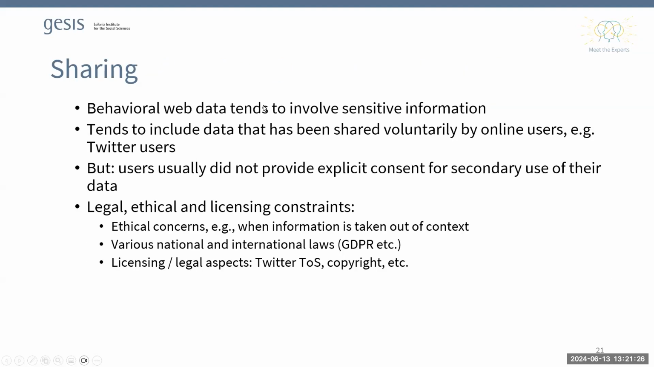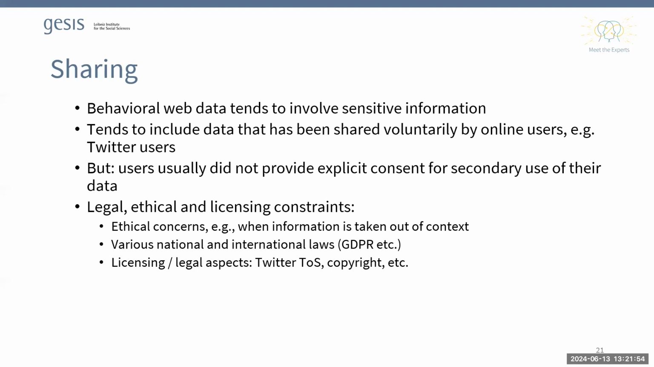Although the users voluntarily share content on these platforms, they do not provide explicit consent that this data can be used for, let's say, research purposes. So when we think about sharing, we need to consider various legal, ethical, licensing constraints, starting from ethical concerns like